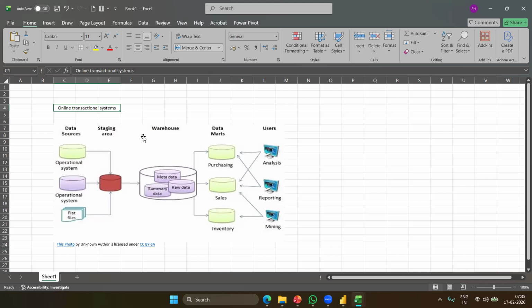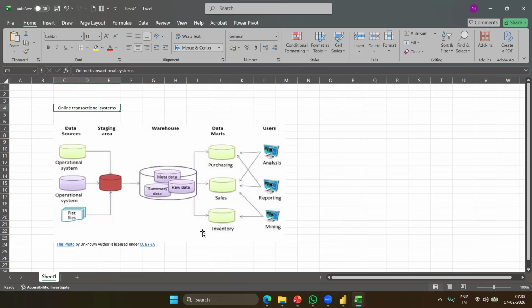So a warehouse is again a database only. Just think of it as a database, like the online systems have. But the information stored here is in a different way. In the online system, if a customer comes and does a transaction, the entire information about that transaction, customer details, product details, total amount, everything is stored.